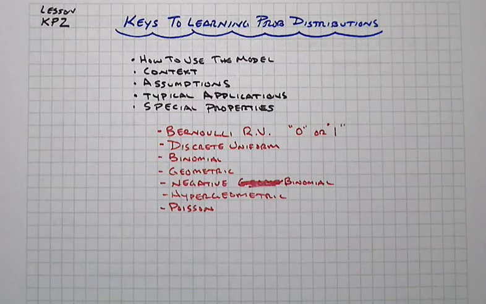In lesson KP2, you're going to focus on learning a whole variety of probability distributions for discrete random variables. And it's quite easy to get lost in all of the variety of different distributions, particularly if they're just thrown at you without being directly connected to an example and a particular application situation. So what I'm going to do is provide you with the keys to what to focus on